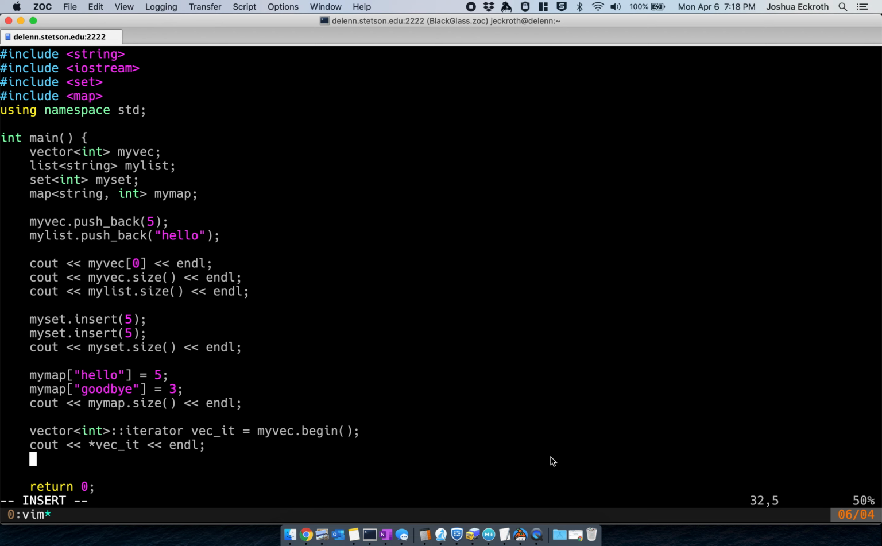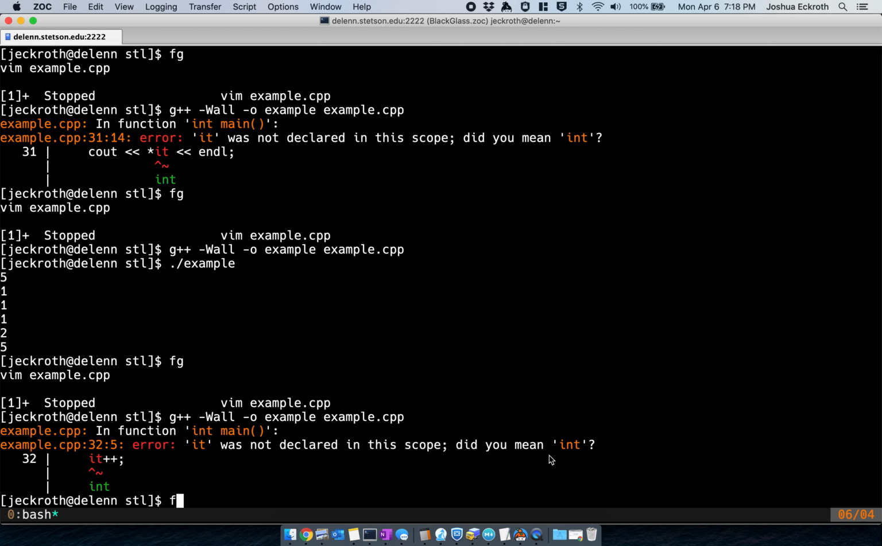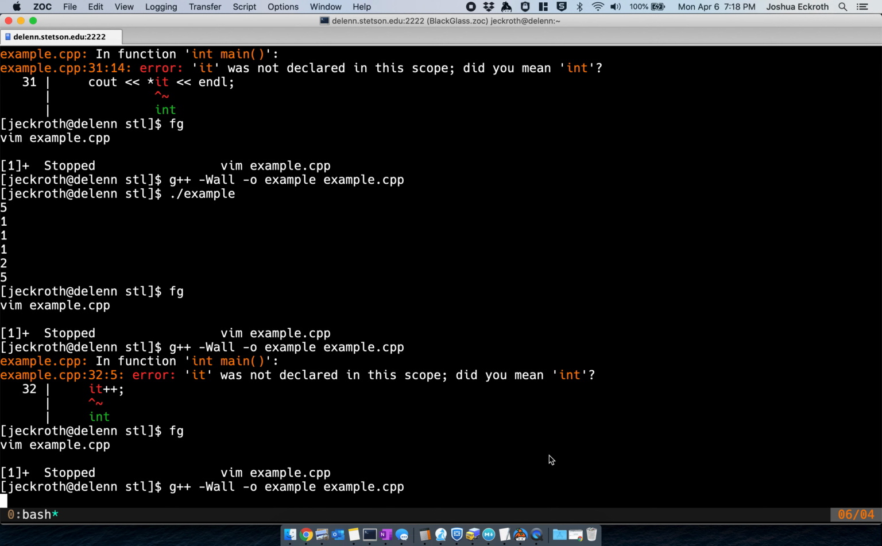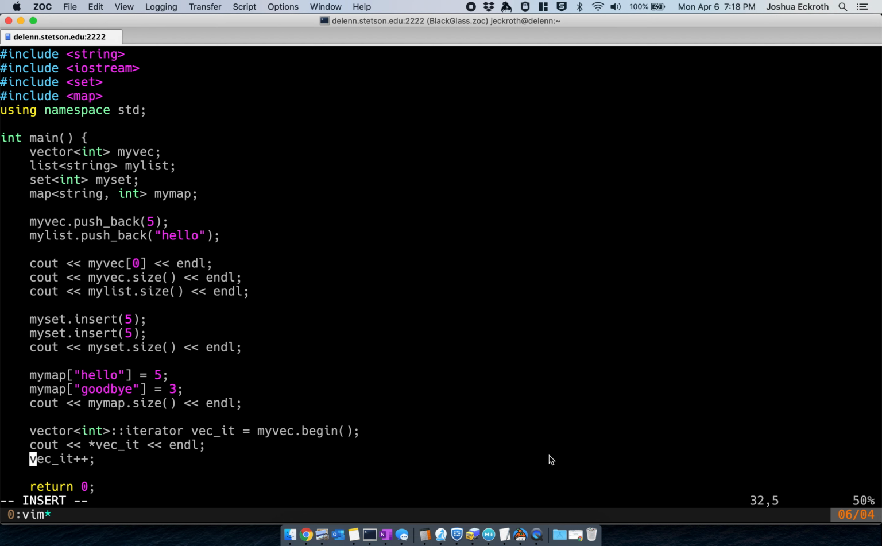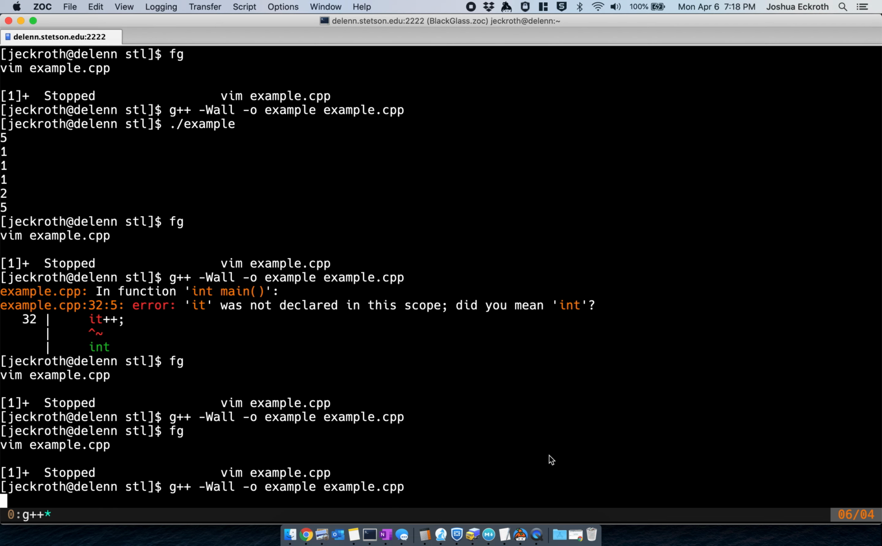Now, I'm not sure this has even been defined, but we're going to do a plus plus on the iterator to move it forward. Oh, I meant vec again. Okay, it is defined, but what you're going to more commonly see is the plus plus before because it doesn't require that the iterator is copied. So you're mostly going to do plus plus vec it like that. And then let's grab the value then. So we moved it forward one position. It compiles just fine,